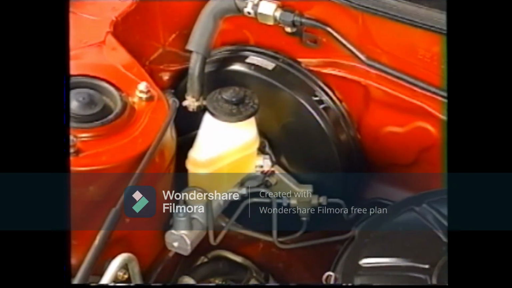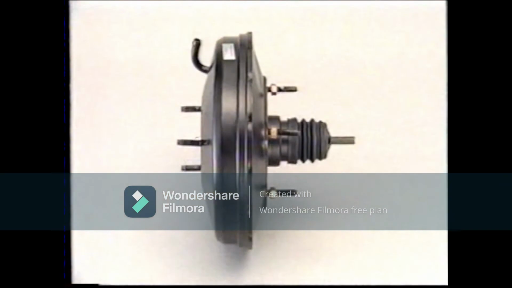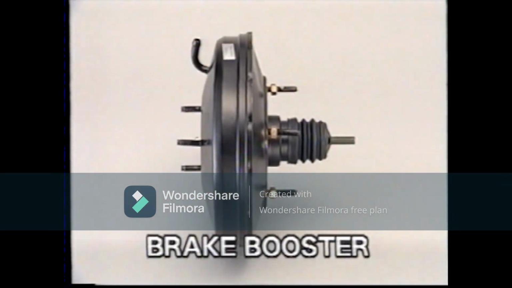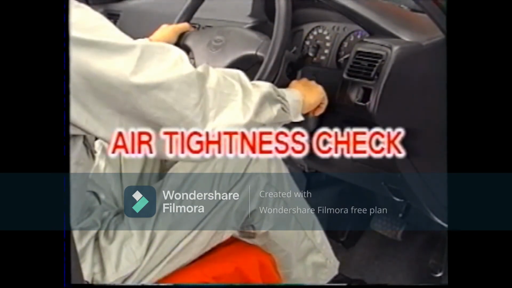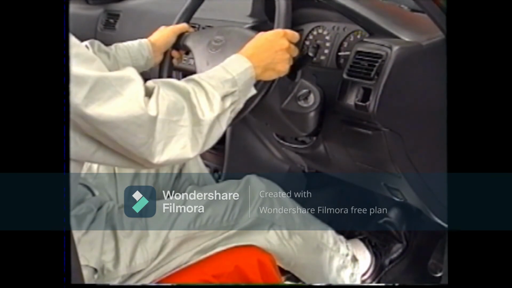If there is a problem with the brake booster, it could cause unexpectedly strong or inefficient braking. There are several, although not perfect, ways to inspect the brake booster. First, check air tightness. Stop the